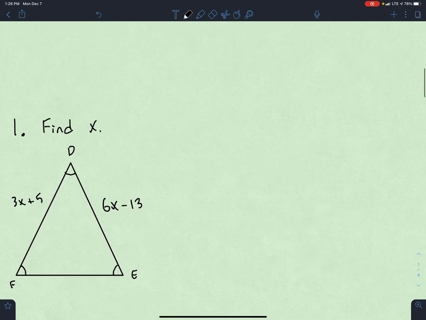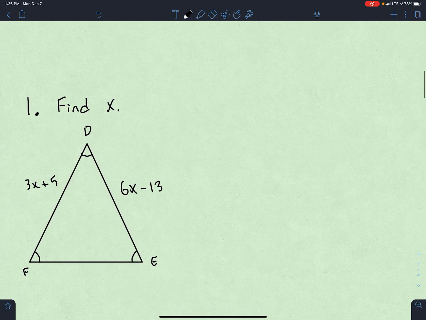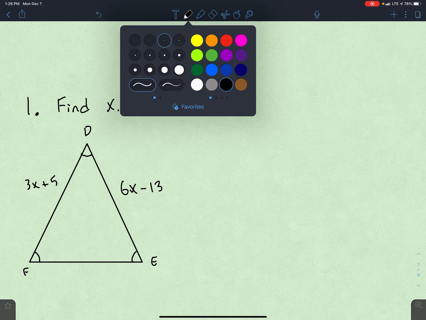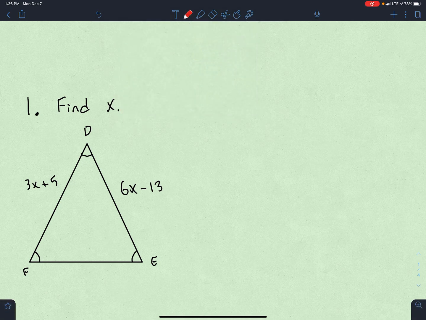Number one, we're going to find x. We can see right now that from this triangle these three angles are the same, D, E, and F. So if I draw arrows, we already know that all three sides are going to be the same. And we're going to find out what x is. Well, we know that these two sides, 3x plus 5 and 6x minus 13, are congruent. If two things are congruent, I can always set them equal to each other to solve for x. So that would be